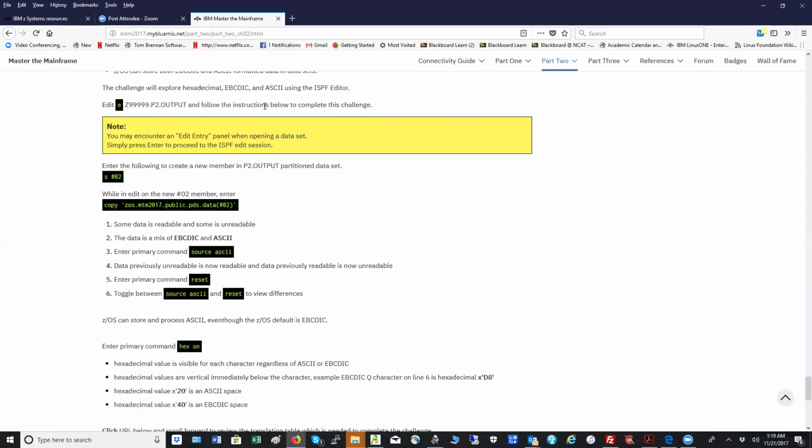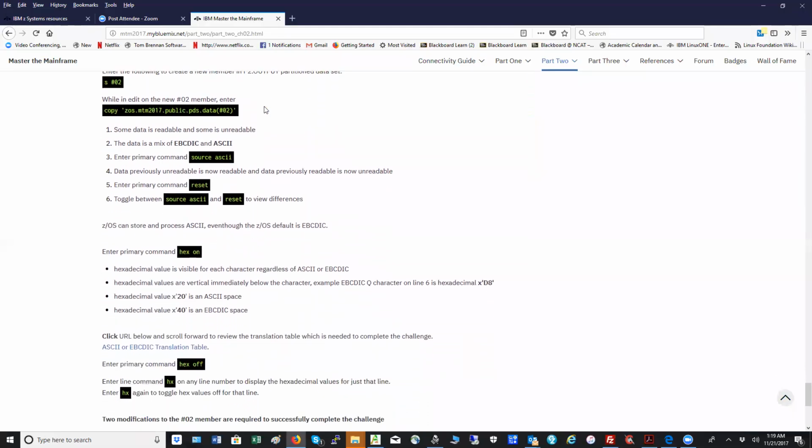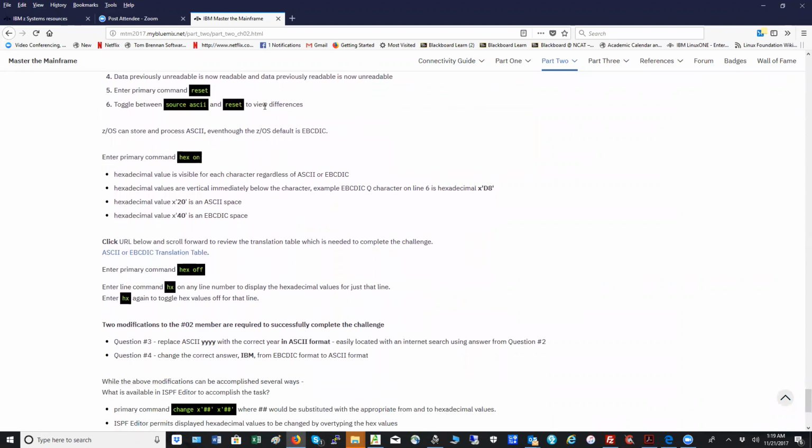So let's see what it wants us to do. We did through number 6. Okay, so we're going to put hex on. Now, all of this is important. Hexadecimal is shorthand for binary. For you IT newbies, some of you that have a background in IT understand the relationship between binary and hexadecimal, and that's something that we will make very abundantly clear to you in the course of your